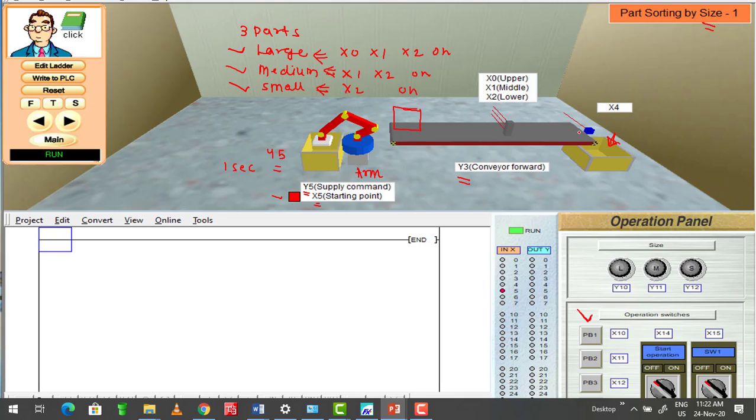When the part falls in the box, the sensor gives us information that it has fallen in the box. Again we turn on the Wi-Fi, so the system repeats and we get the number of parts available. This is how the system works. So let us write the ladder program for this.